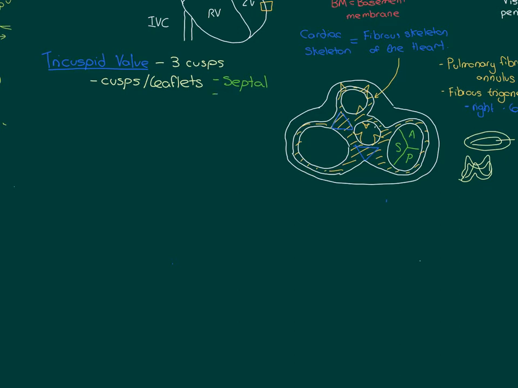So there is the septal cusp, and then there is the anterior and the posterior cusp of the tricuspid valve. So it's extremely simple to understand. Septal, anterior, and posterior. Okay, right. So let's now discuss what is the actual structure of these